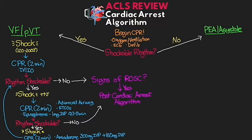Now, we're often going to see progression from the left branch to the right branch. And while it's less common, it certainly can occur where we can also then progress from the right branch back to the left branch. And I'll kind of get in and talk about that here in just a minute as we go through this algorithm. So at this point, we've assessed the rhythm, it's not shockable. And so as you can probably figure out, this is where you want to immediately begin your high quality